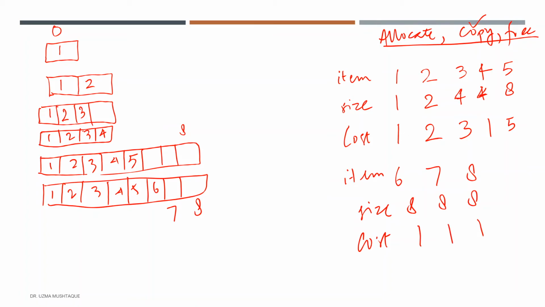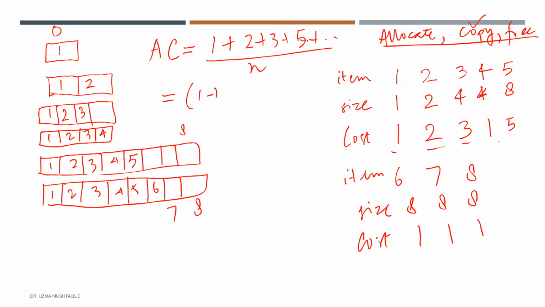So the amortized cost is actually going to show us the sum of all these costs divided by the number of operations. So let's say the number of operations was n, and so amortized cost, I'm writing it in short, AC, is going to be the sum of all these costs: 1 plus 2 plus 3 plus, and so on, plus 5 maybe, and so on, divided by n. And we can actually separate these terms into all ones. So there are going to be n ones, plus there is going to be 1 plus 2 plus 4 plus 6 and so on, all those terms, all divided by n.